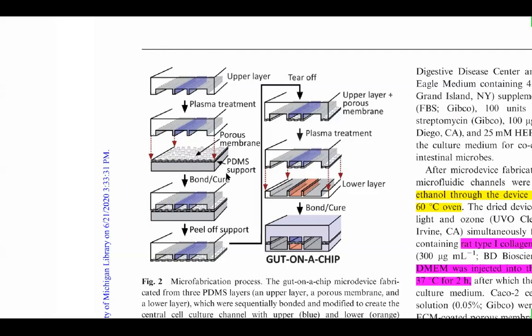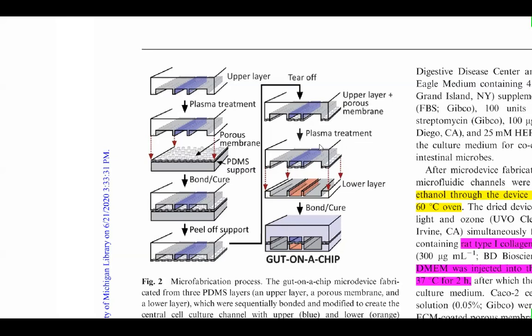So then the whole device was incubated at 80 degrees Celsius overnight, and then the support was peeled off, as well as this part of the porous membrane that takes over this surface of this vacuum chamber were torn off. Then again this surface and the upper surface of this lower microfluidic channel were exposed to plasma, and then they were plasma bonded, and they were cured at 86 degrees Celsius overnight to produce a bonded and